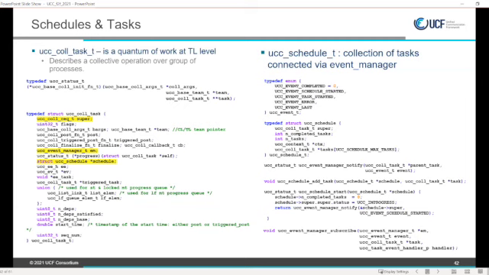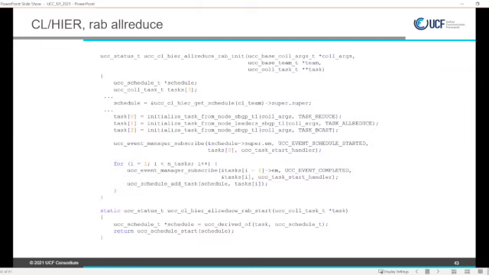I'm giving here a simple example of how right now CL hierarchical implements the two-level all reduce. This is simplified pseudocode, but basically the idea is that when the user, MPI, calls a UCC collective init and passes the descriptor of the all reduce operation down to UCC, this call goes to the core level first. In the core level, we have two CLs, basic and hierarchical. This depends on the scoring and other stuff, but if CL hierarchical is selected, then we go to this function, which initializes the schedule for the hierarchical collectives.